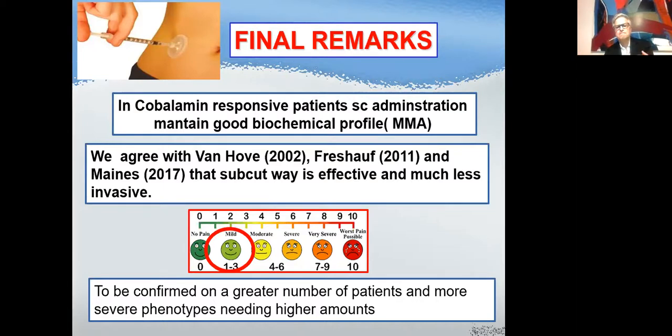So we published in cobalamin A patients, but we think that it's time to promote studies with greater numbers of patients that use this kind of iPort, even for cobalamin C, which we believe works, and it makes the life of these patients much easier. So at the bottom you can see, to be confirmed on a greater number of patients and more severe phenotypes needing higher amounts. What I must say is that this is a great way to give hydroxycobalamin, but